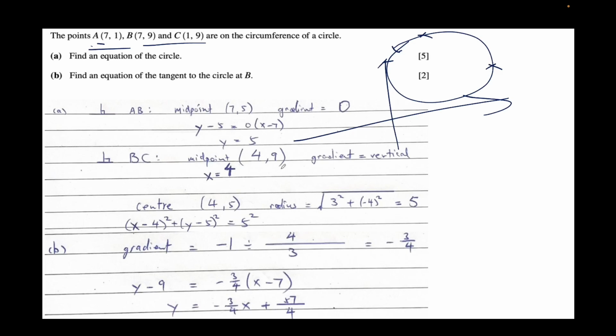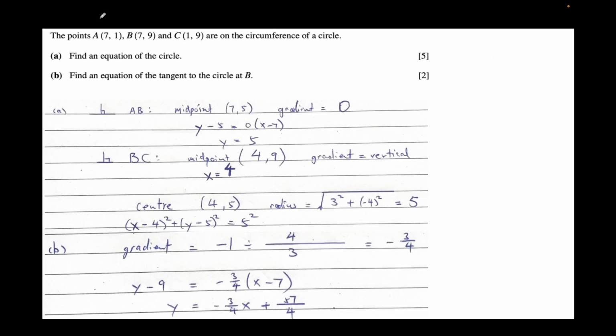See my point? If there was something difficult about this question, it would be the fact that these are 3 points that don't appear to have any relationship that allows you to work out what the center of the circle is going to be. Agreed? That would be the hard part if there was a hard part. So what you realize over here is, assuming you know the basics of coordinate geometry, you understand that if you were to plot this,